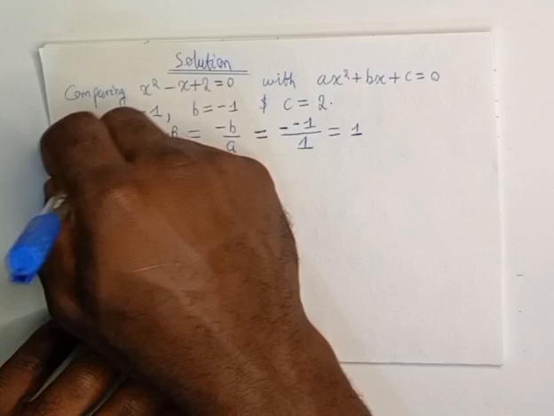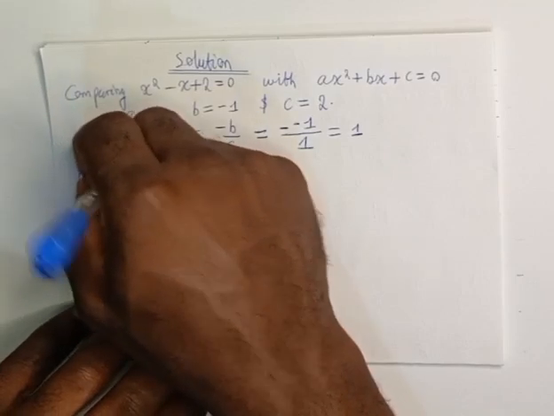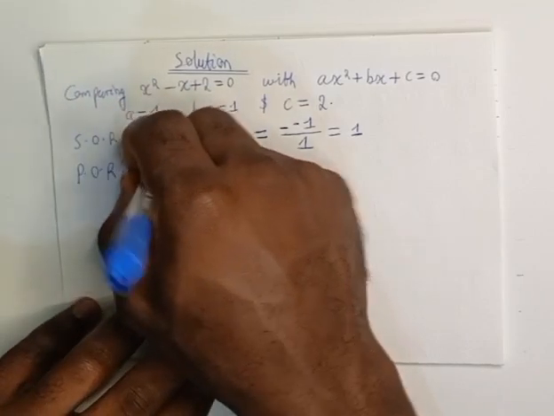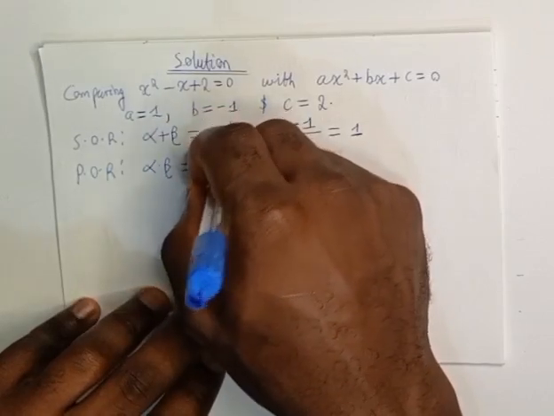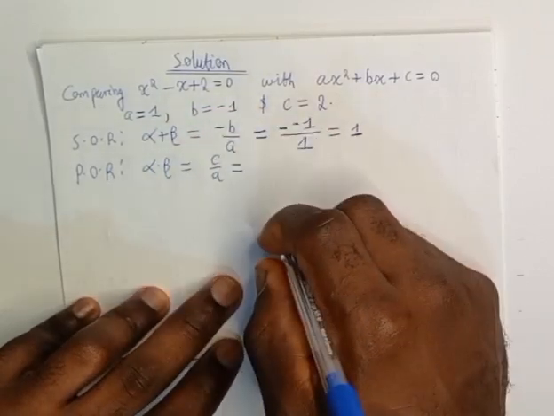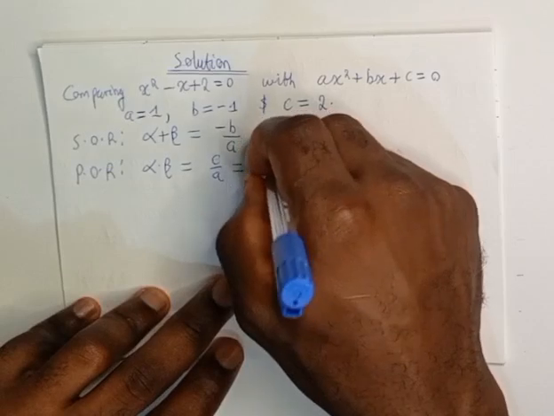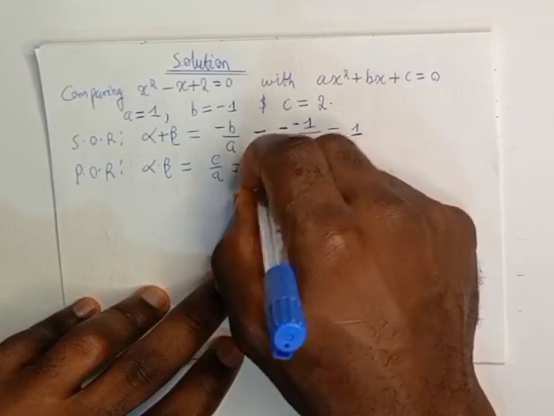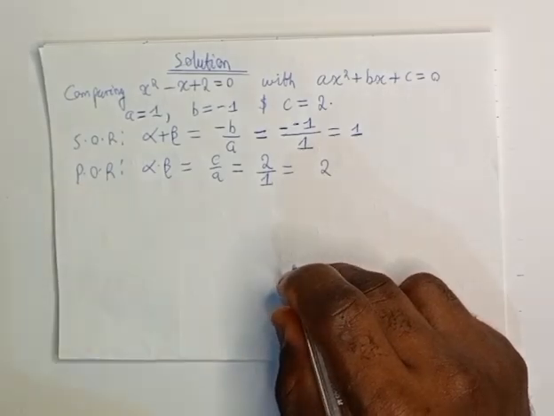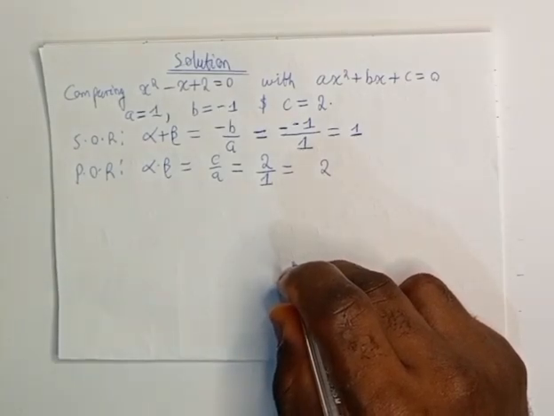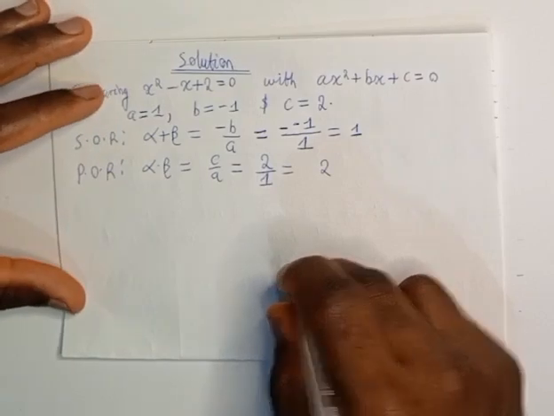Next, we need the product of roots. The product of roots, alpha times beta, is simply equal to c over a, where c is 2, all over a, which is 1. This will be equal to 2. We have the sum of roots and the product of roots. Now, if we take the